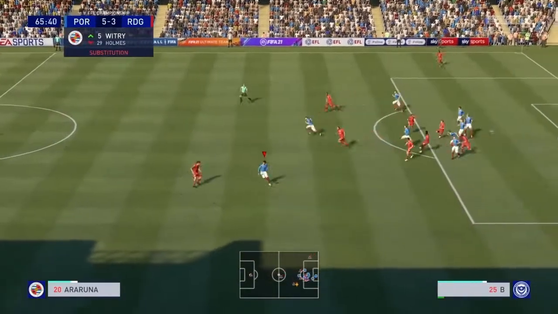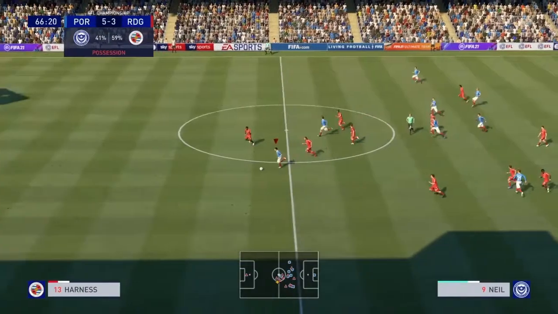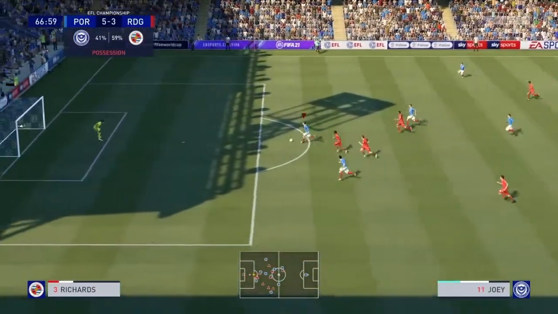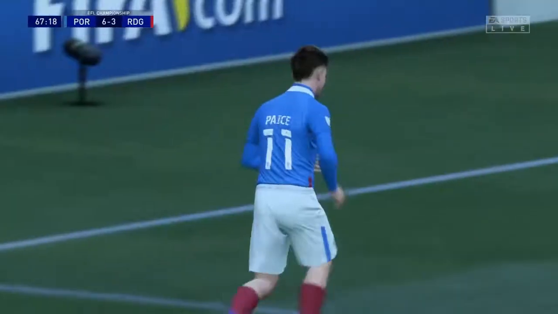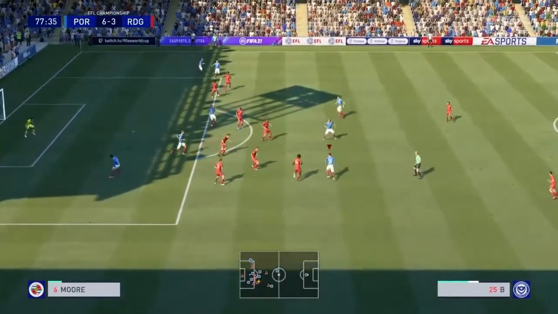be 16. But again, B, really good work, good hold-up play, leaving them up from the corner. Neil just busting the gut. He sees Joe, lays it on the plate for Joe. Miles onside, runs through, and he slots it into the far corner, and it's 6-3 after 67 minutes. And hopefully now there'll be no more goals from Reading, and we can sort of push on and keep the